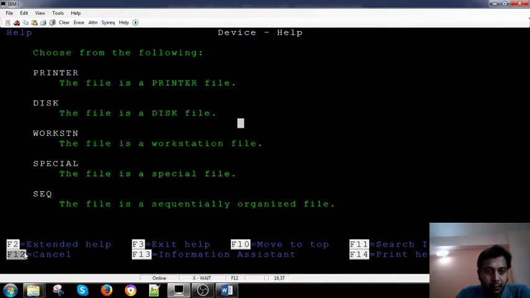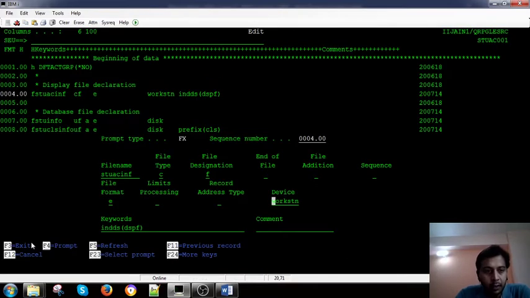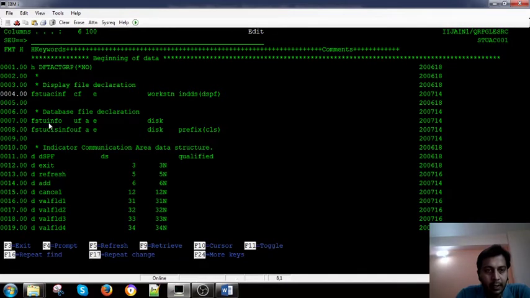And this is a database declaration. You will see I have used this instead of workstation, right? And this is the add mode. For today's session we have just added it. Even if I work with O it will work, but I would have to do some more things on this. So I have just declared an update mode and then functional, and this is add mode, and this is E mode, right? Then this is for exception, and the prefix is something different.